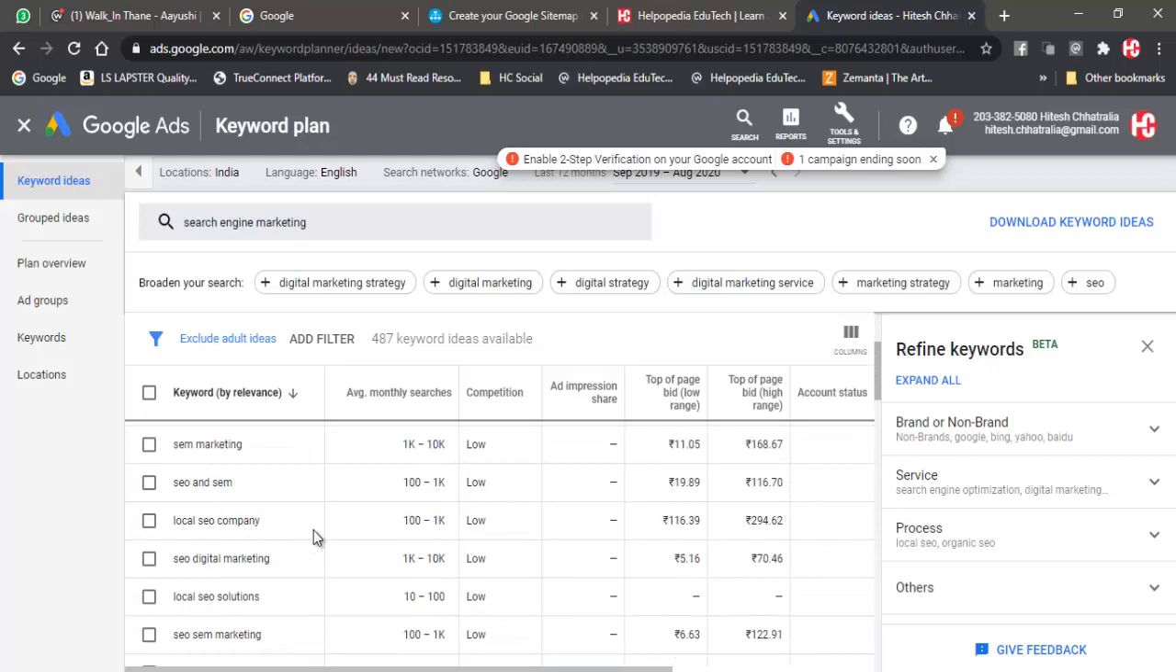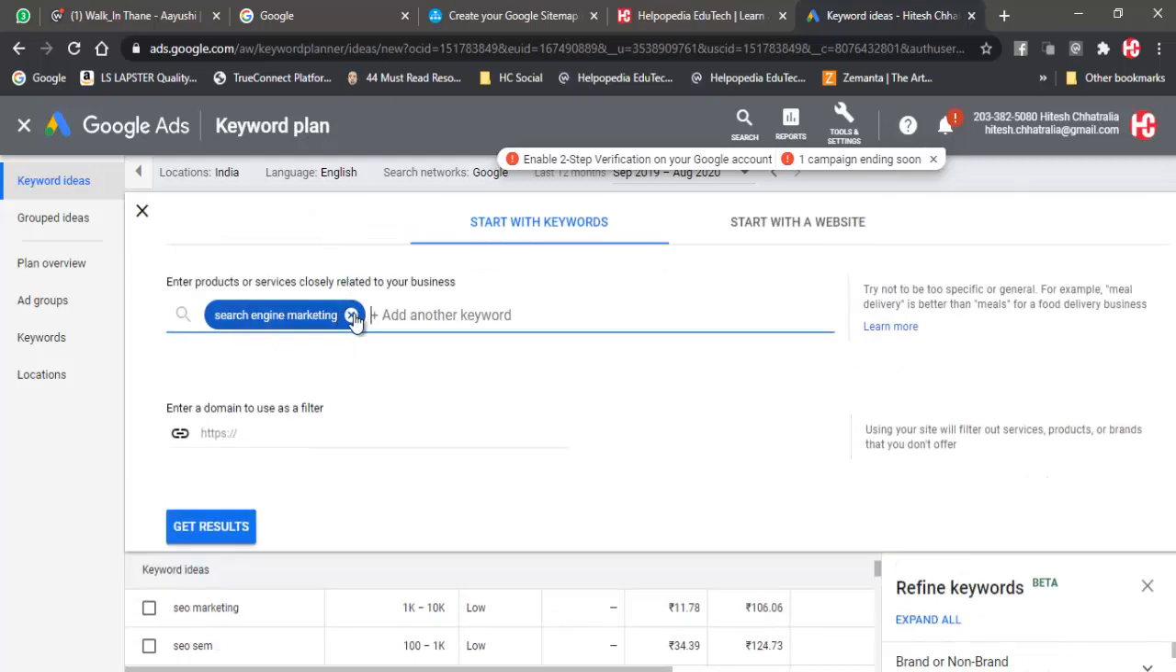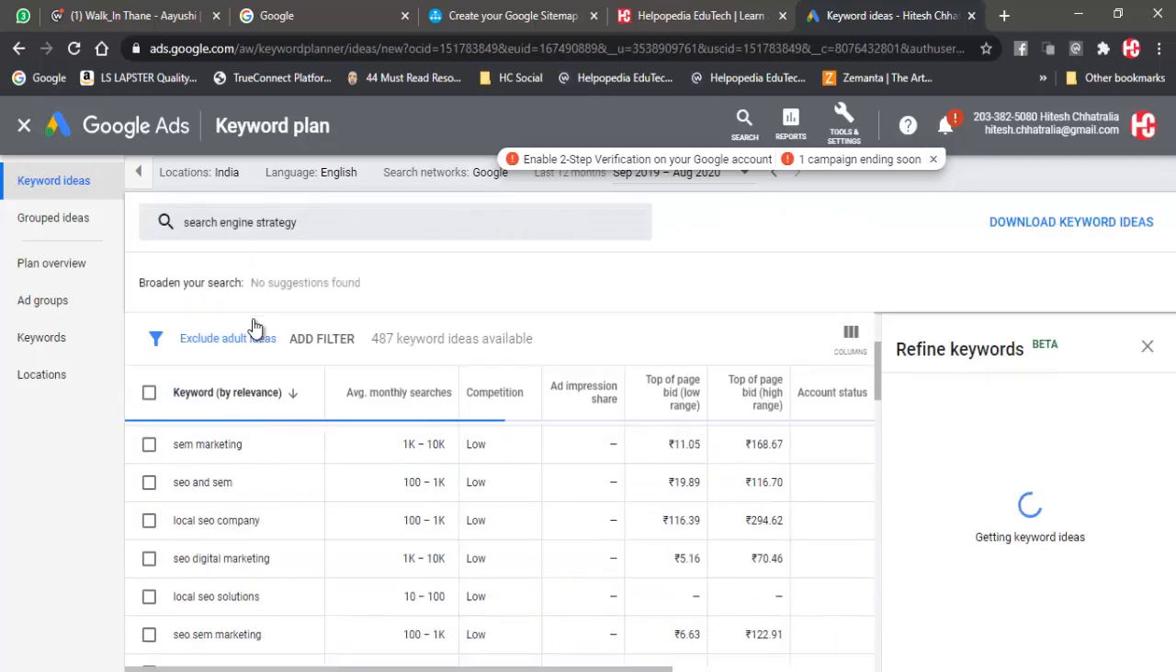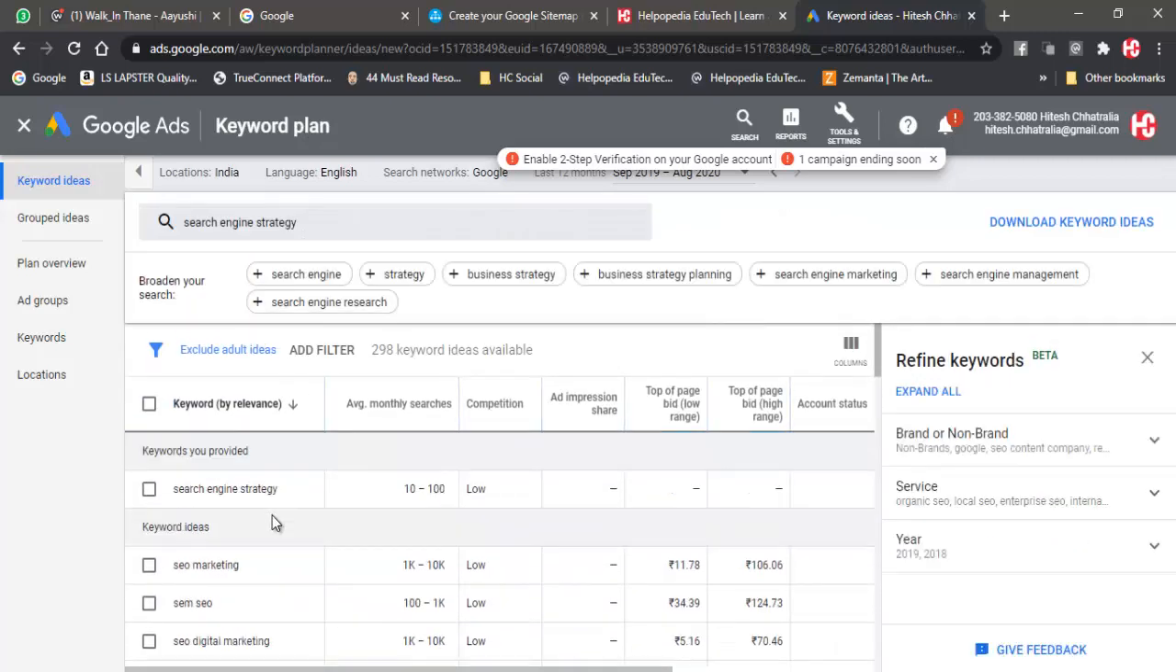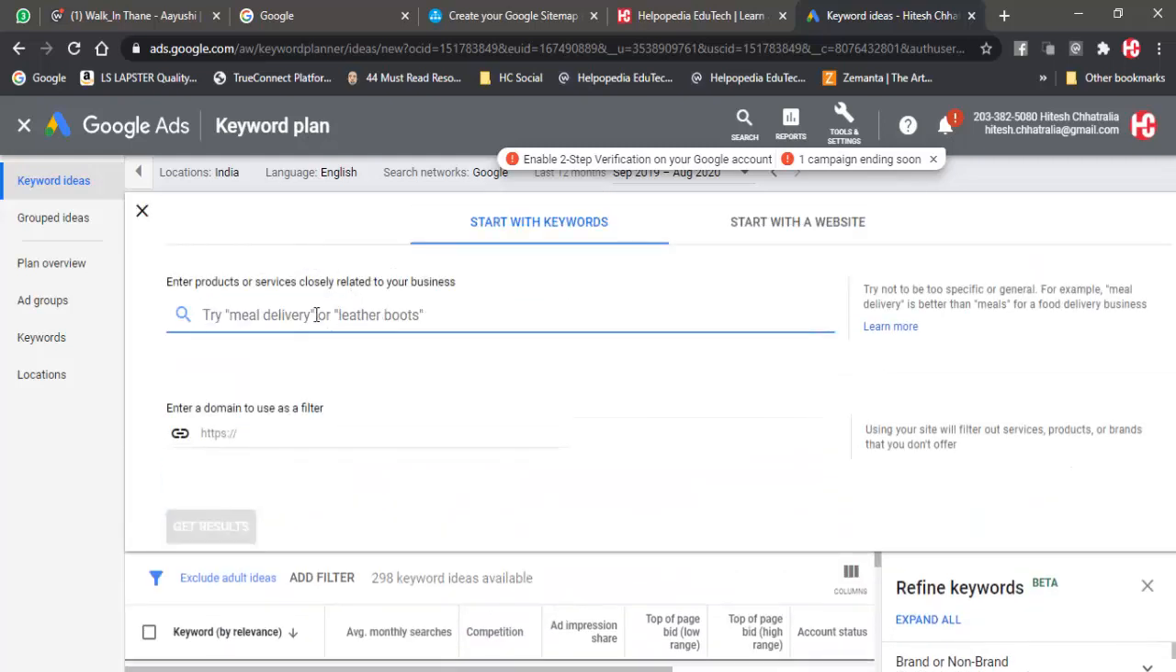Over here, related to search engine marketing, I do not have anything. So what I can do is remove this, and I can try to search for search engine strategy. So let me search for this. That is again too low, only 100 people are searching, so that is out of question, I cannot use this also. So now let me search for, say like